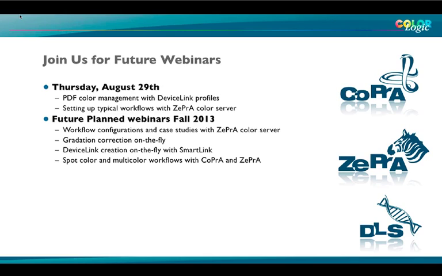Future planned webinars will be in the fall of this year, especially workflow configuration and case studies with Zebra. For example, gradation corrections on the fly, DeviceLink creation on the fly with our SmartLink module. And we'll have a specific topic for those that are interested in spot color and multicolor workflows with CoPra in